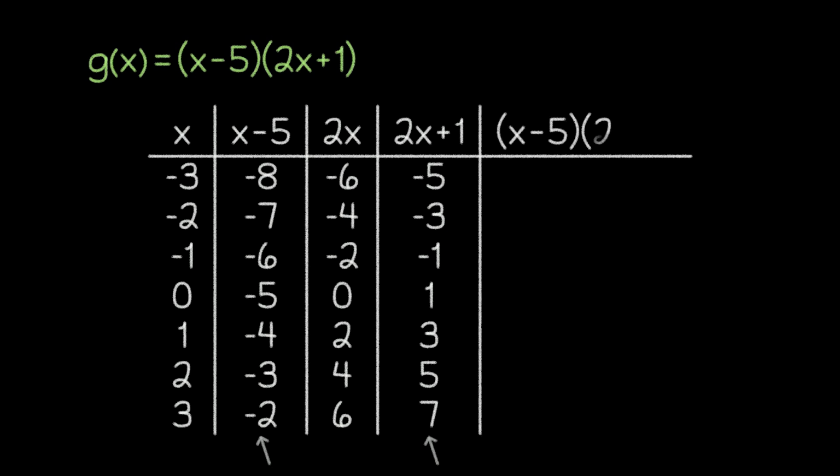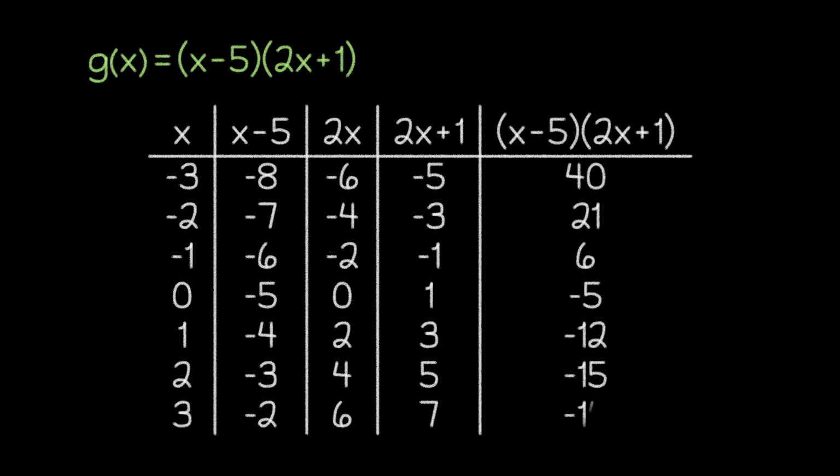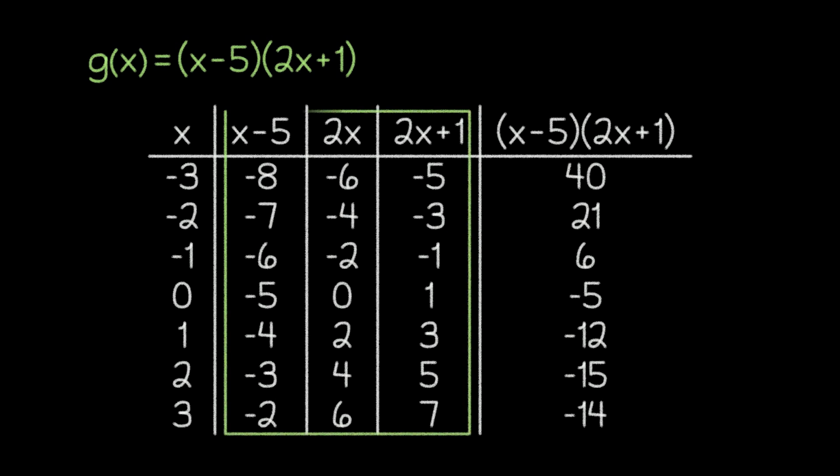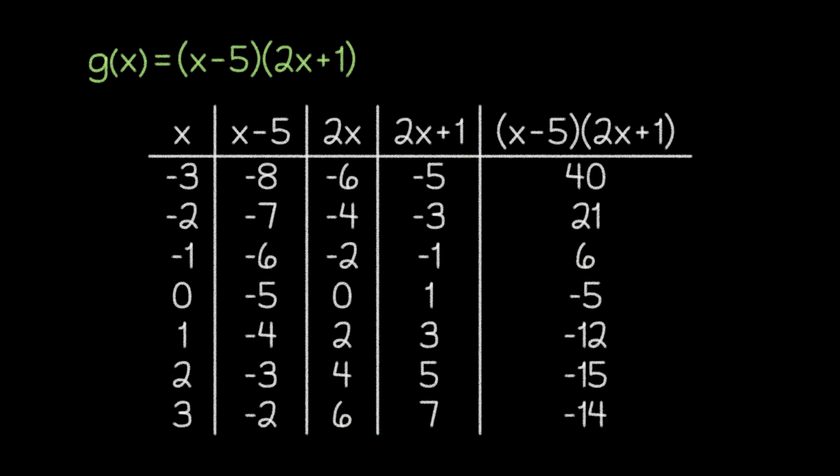Now, depending on how comfortable you are with these calculations, you might be able to skip this column. Or you might even be able to skip the intermediate columns altogether. The purpose of these extended tables is primarily to break our calculations into smaller steps. So if you're able to skip over some or all of those steps, feel free to do so. But if you find these extra columns helpful, then utilize them as necessary.